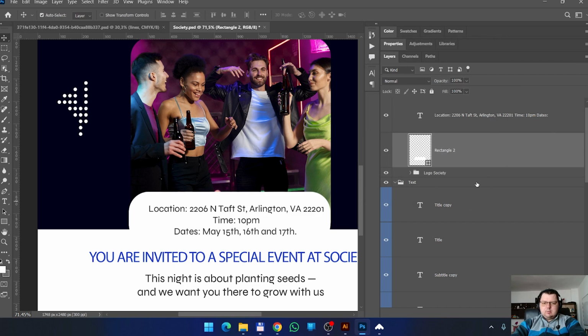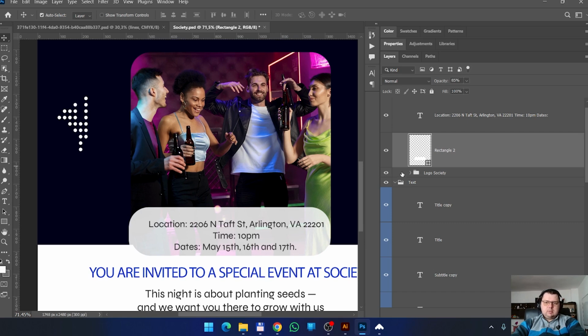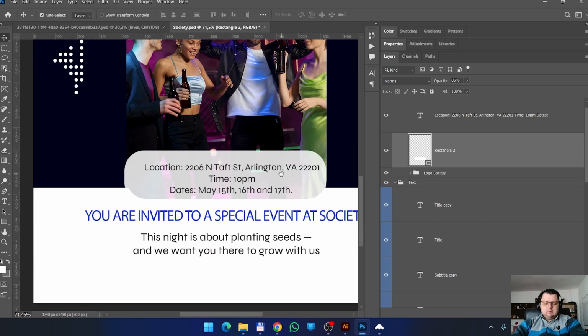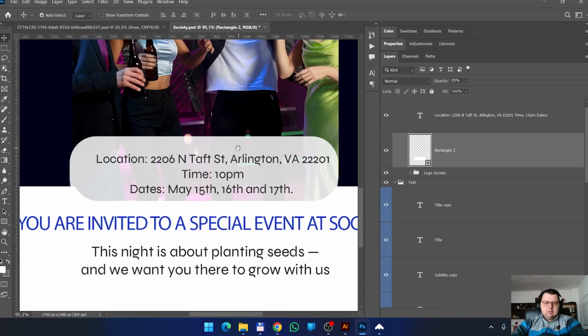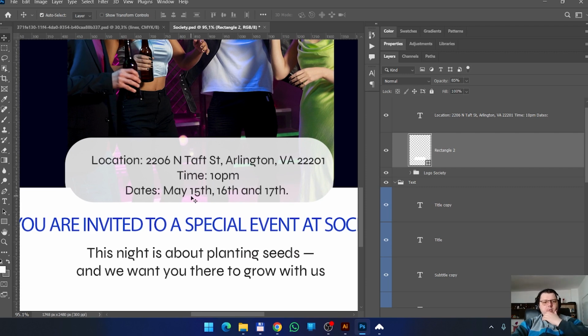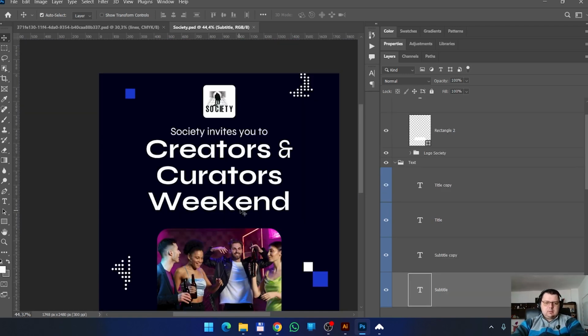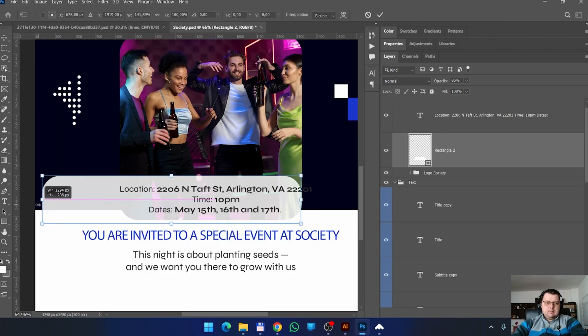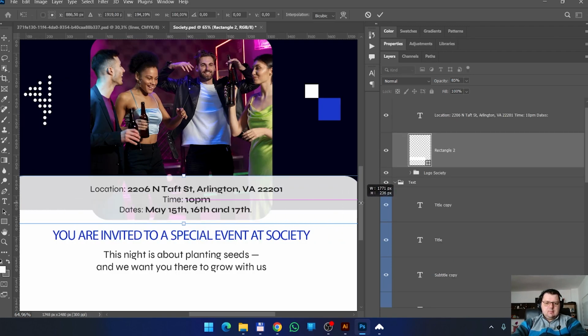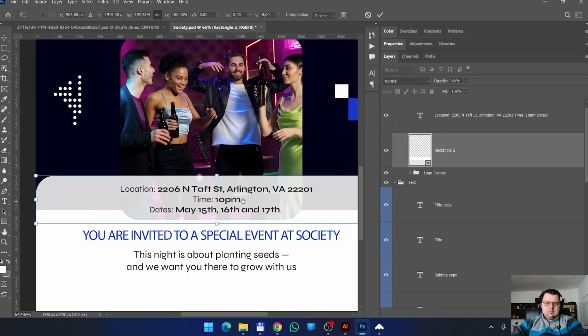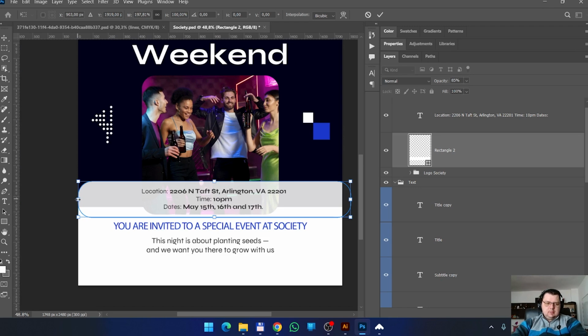So what I want to do is to lower the opacity, see how it looks. Maybe 85%. I don't know yet how I will do this. It's too much text in a small space. I'll try something like this.